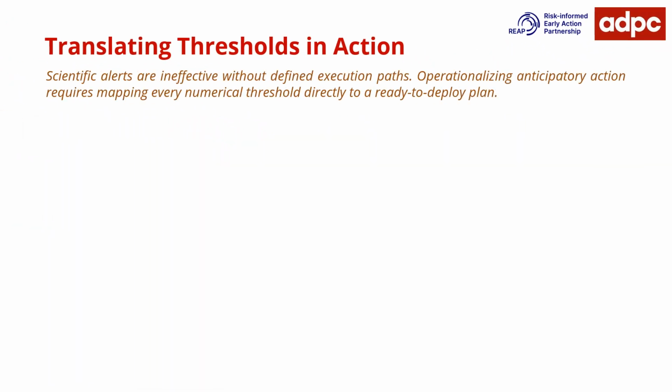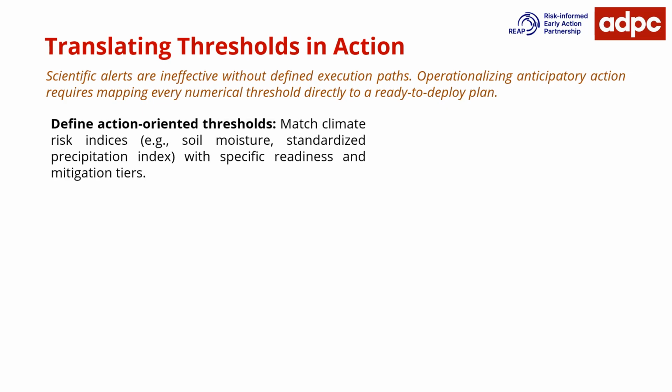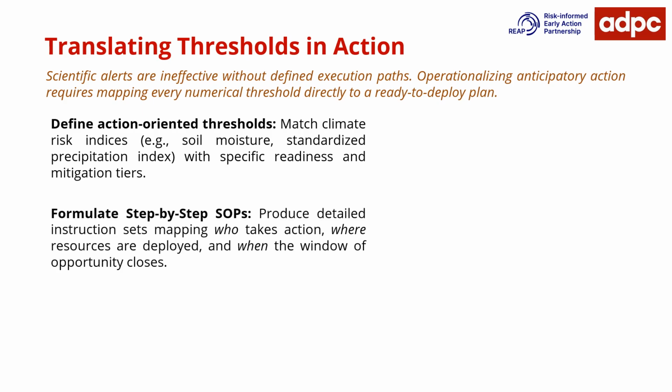Scientific alerts are ineffective without defined execution paths. Operationalizing anticipatory action requires mapping every numerical threshold directly to a ready-to-deploy plan. Define action-oriented thresholds: match climate risk indices, such as soil moisture or the Standardized Precipitation Index, with specific readiness and mitigation tiers. Formulate step-by-step SOPs: produce detailed instruction sets mapping who takes action, where resources are deployed, and when the